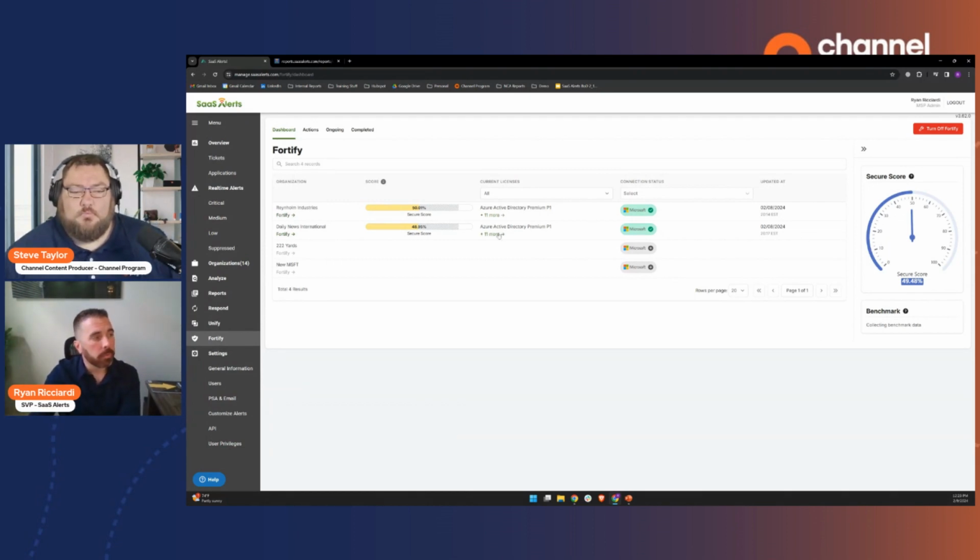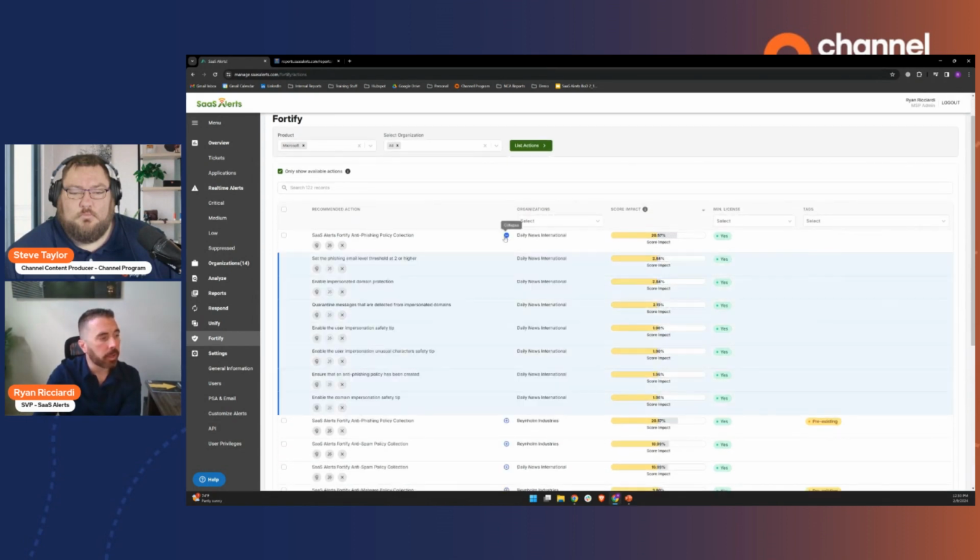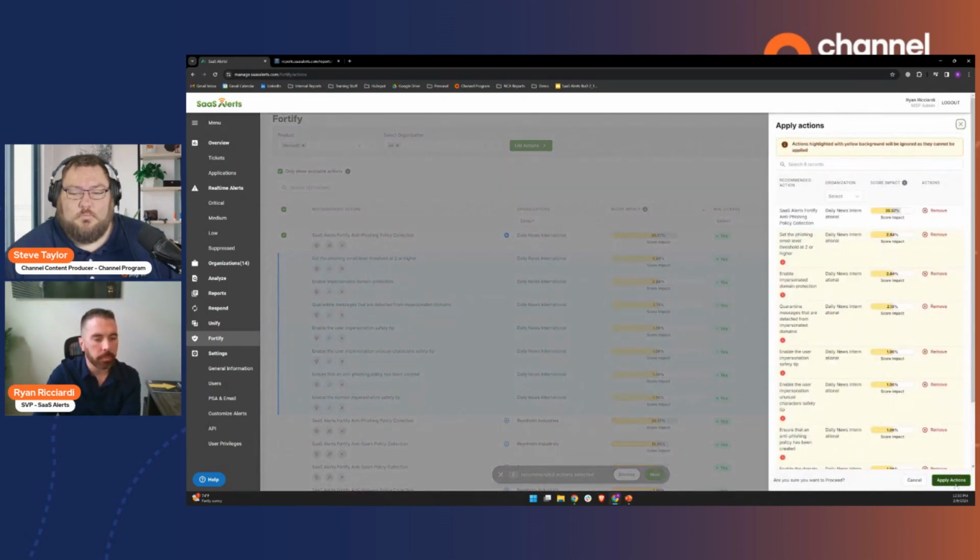Now that report is one part of Fortify. The report tells you what you can do, but then the logical next step is, great, now they said yes to all this stuff, I have to go do it. And we tried to simplify that for you as well. Inside of Fortify, you can go in and say, hey, Daily News said yes to me turning on the phishing policy collection, which is these seven steps. Normally you'd go into their tenant and spend an hour or two configuring all these things for those guys. You can just come in here and say, hey, we're going to apply this. We're going to hit next and apply those actions, and SaaS will do it. We'll configure the ATP pieces and the conditional access policy pieces for this specific set.